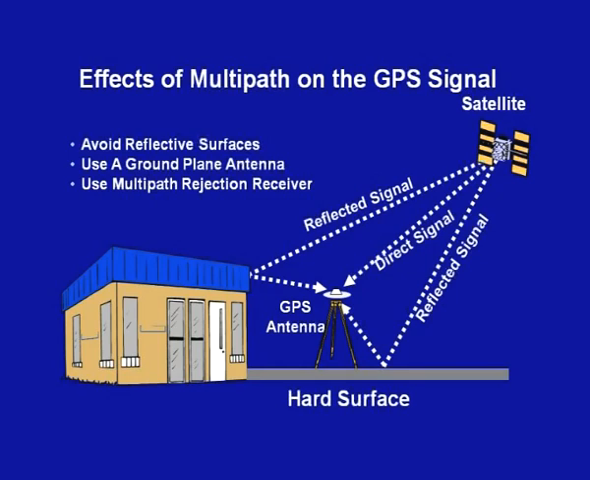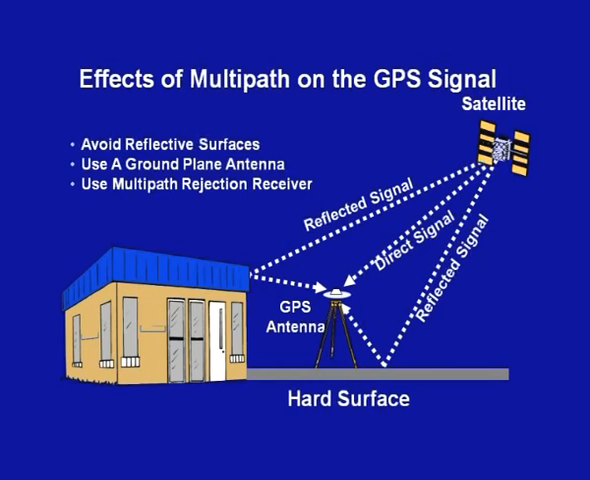This particular slide shows the phenomenon of multipath. We can see that the GPS antenna has been located on a hard surface and close by there is a building which has some reflective properties. So, what happens is there is one signal which is received by the GPS antenna, which we call the direct signal, and there are 2 other signals which are also recorded or tracked by the GPS receiver,